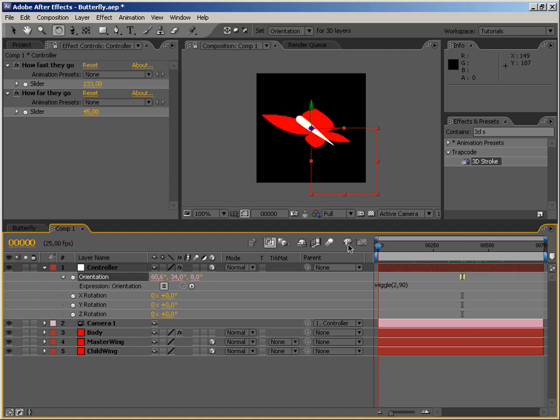Okay, but we have one more thing that we have to consider. Since the butterflies should be flying from left to right, we want the butterfly always pointing in that direction. So we're going to use our control layer to actually orient the butterfly that way and then wiggle its orientation, so that it looks like it's flying randomly, but generally in the right direction. Okay, so let's just try to do that right now. But before we start,